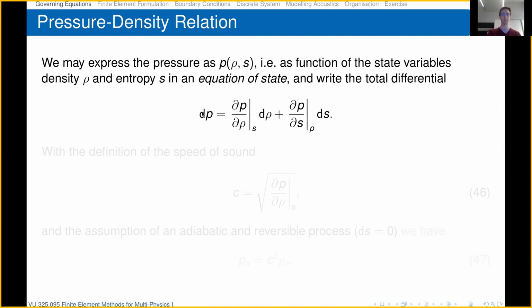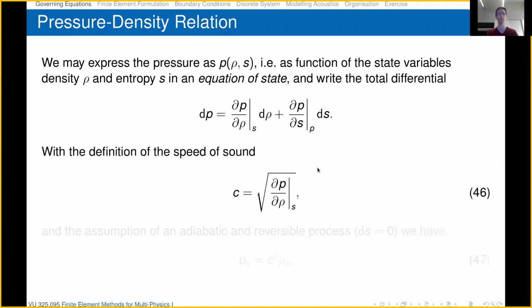Total differential dp equals dp over d rho at constant entropy times d rho plus dp over ds at constant density times ds. And then we know that the speed of sound is actually defined as the square root of dp over d rho at constant entropy. So this is the adiabatic speed of sound, which is the central assumption we use